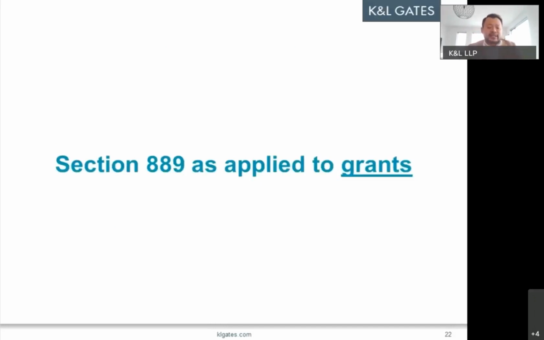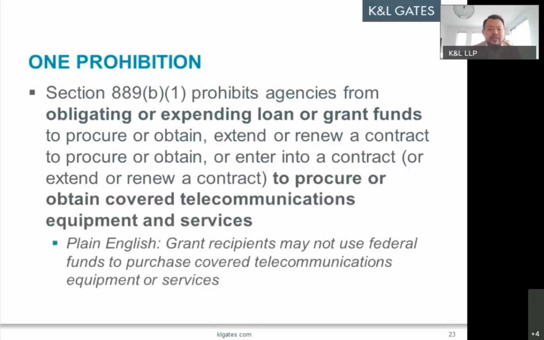Okay, as applied to grants. Next slide. So we just spent a lot of time talking about contracts and how there are a lot of open issues and questions. I will say that at first glance, you might think that as applied to grants, it's a bit easier because there is a different prohibition. So basically, under Part B1 of the statute, and this has now been subsequently integrated into the uniform guidance,